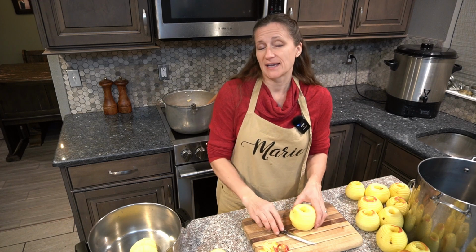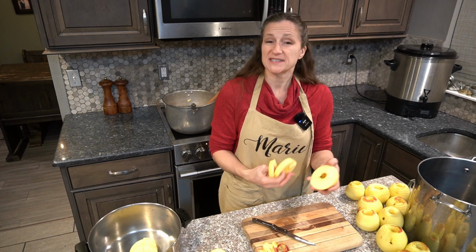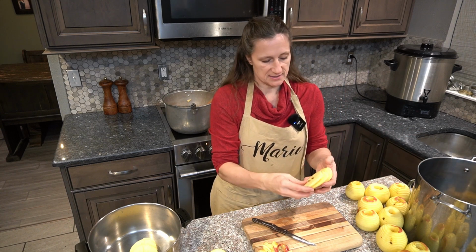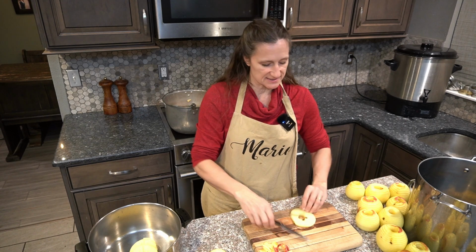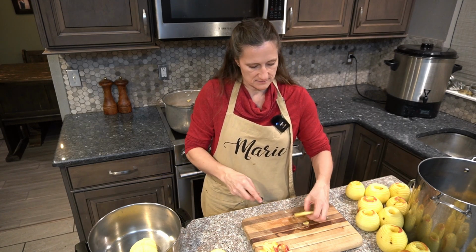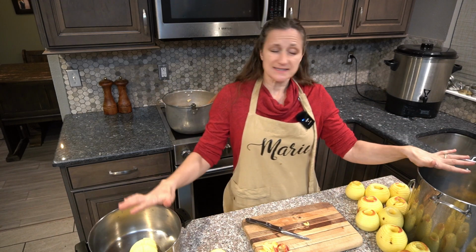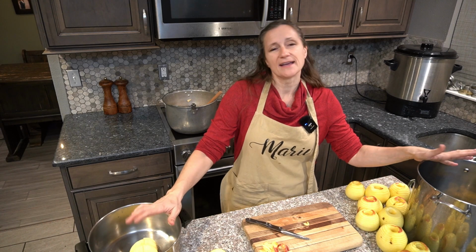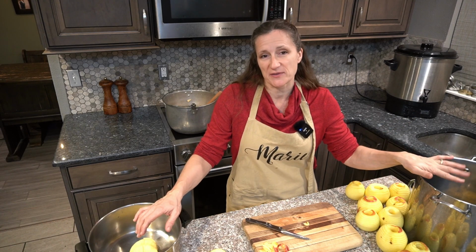And I actually have two separate pans today. Oh, and I have a couple seeds hiding in here. That's good, because then I can show you that sometimes that apple core slicer peeler doesn't get the seeds, so I need to catch those as well. Not a big deal. So since this is such a big batch, I'll divide it between two different pans, and that'll make it go just a little bit faster,